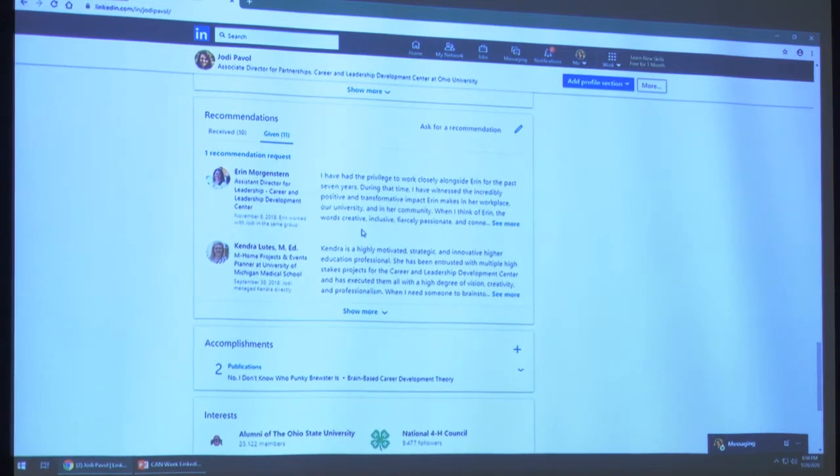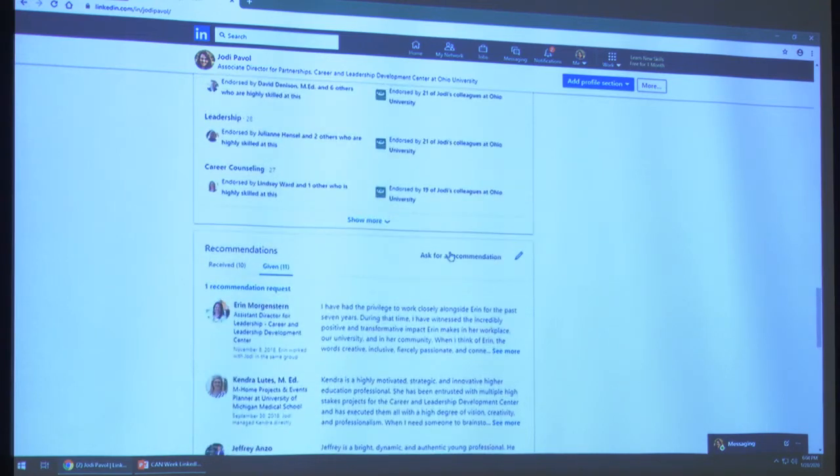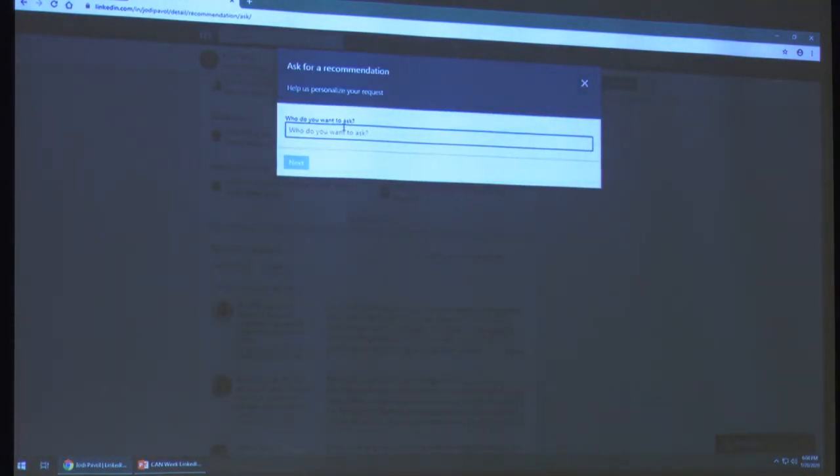Okay, so it's really good to also give other people recommendations. And like I said, you can ask people for recommendations, and you will probably have to do that because people are not going to actively just go recommend you. So don't be afraid to do that. Just think of it as part of your action steps and part of your job search process to ask folks for those recommendations. So to do that, you just click on this,